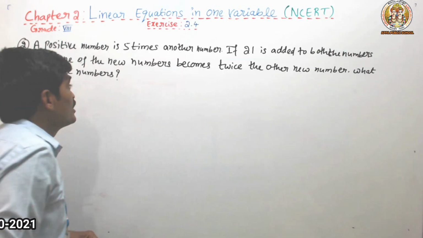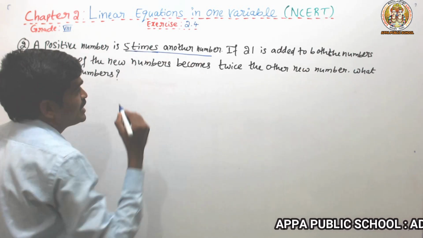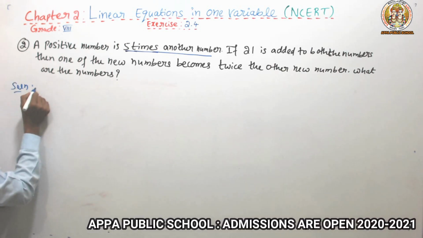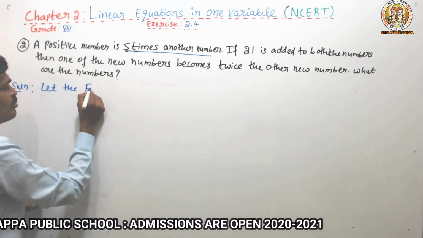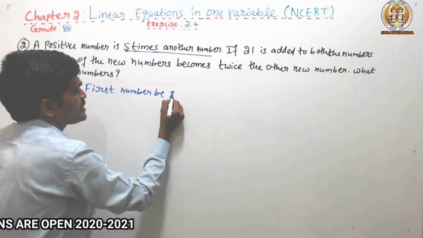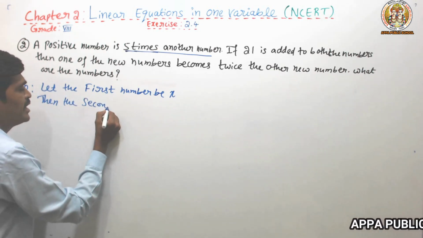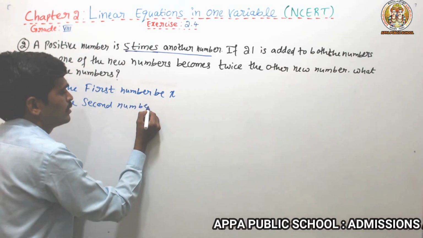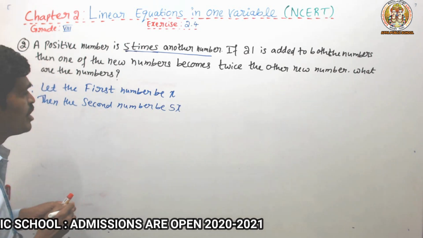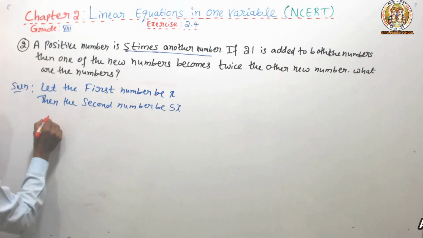See, my dear students, a positive number is 5 times another number. Means there are two numbers, and we don't know them. So let the first number be x, then the second number be, can I take 5x, because they told 5 times the number. So the first number is x, the second number is 5x. According to the statement,